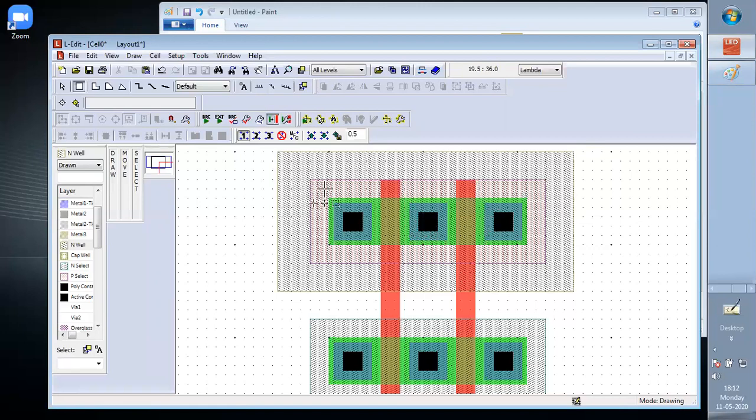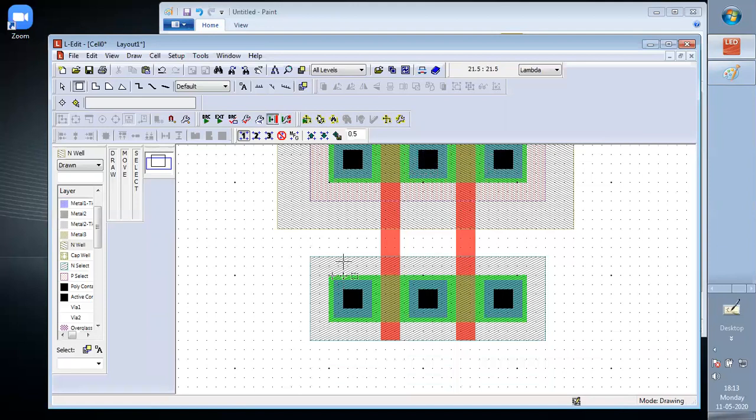Yes, sir. Now, yesterday in the previous class, we did not create the body. Now we create the body terminals also. For the body terminals, we require an active of 5 lambda by 5 lambda.